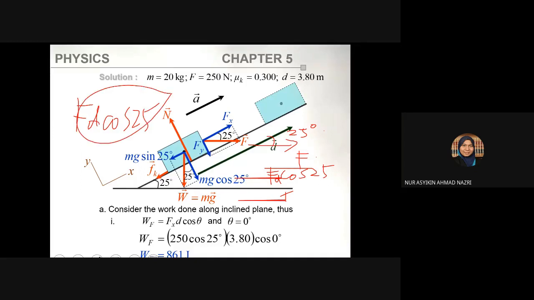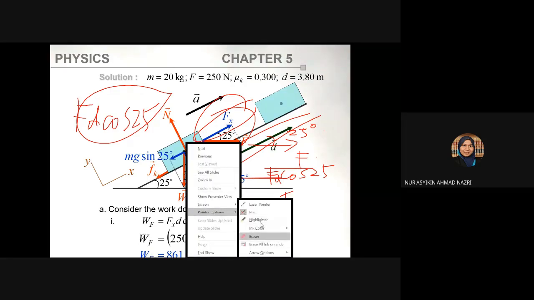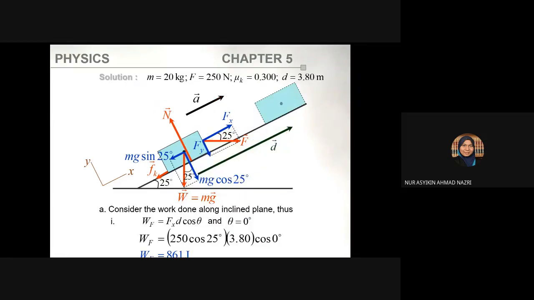Only, because we are used to resolving the component, so that we take the one parallel to D is also allowed. So it's up to you which method you want to use, the one you are used to. Okay. And then